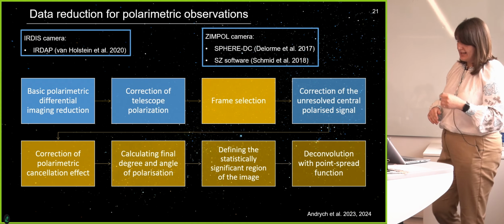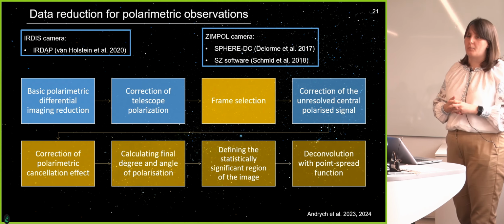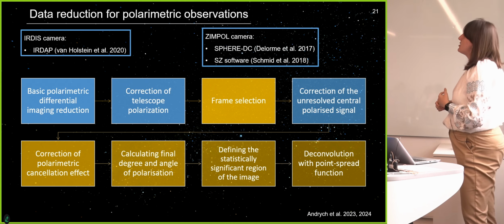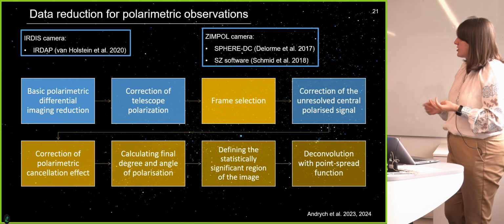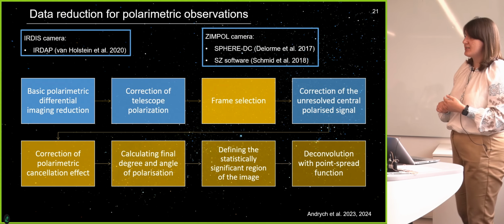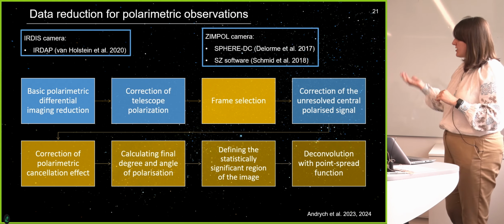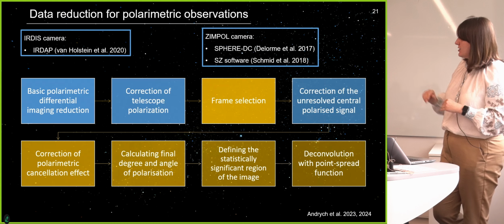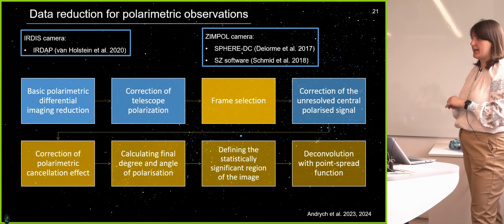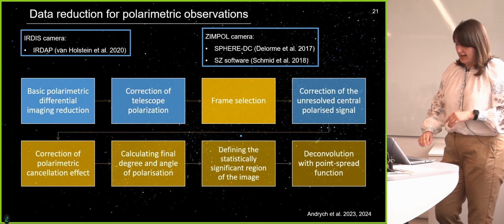SPHERE instruments have a semi-developed data reduction pipeline, and we found that it was not really working nicely for the barely resolved targets that we have. So one of the challenges in my PhD was to develop the proper data reduction and analysis routine that would allow us to get, as accurately and precisely as possible, the polarimetric measurements for barely resolved targets and treat them carefully. I'm not going to go into all of the details for the data reduction, but here are the main